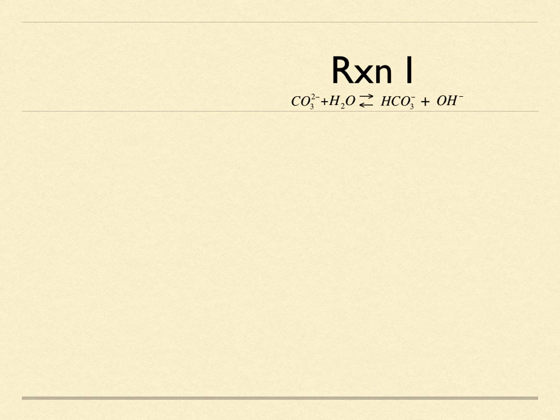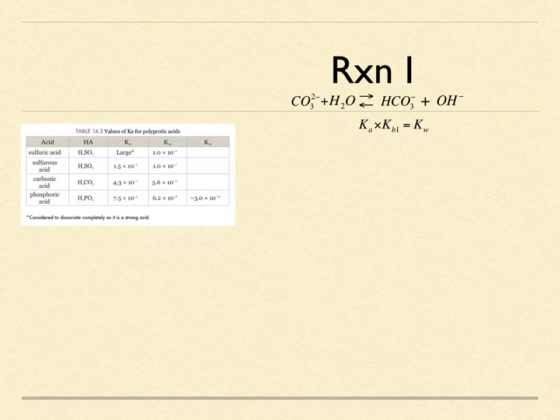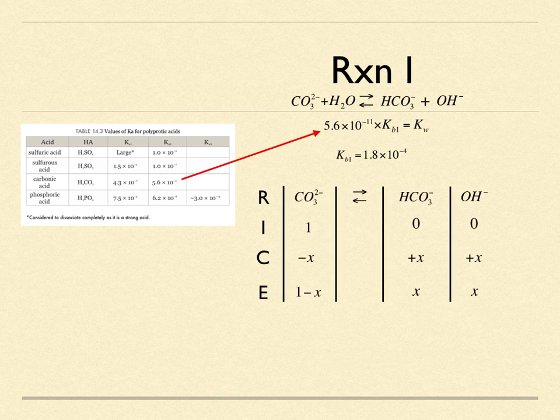The first is carbonate acting as a weak base. To find the Kb of the reaction, we use a relationship between Ka, Kb, and Kw, and the Ka of hydrogen carbonate, which is given in table 14.3. Once we have Kb, we can set up a RICE chart and solve for the concentrations just like for polyprotic acids. In this case, X represents the concentration of hydrogen carbonate and hydroxide, while 1 minus X is the concentration